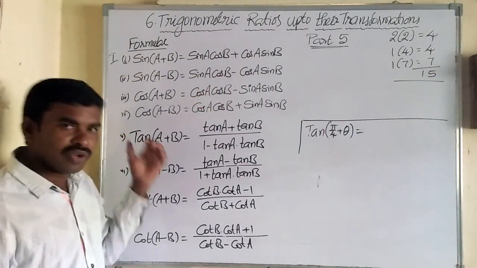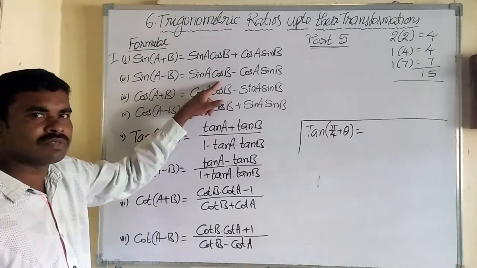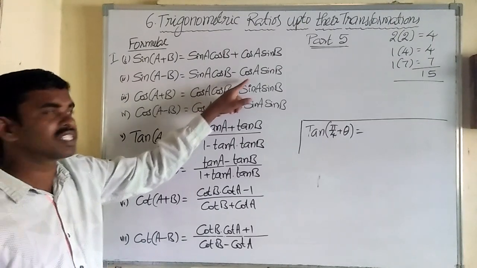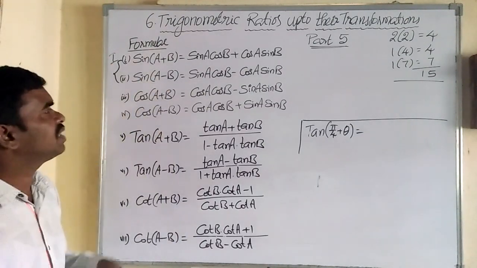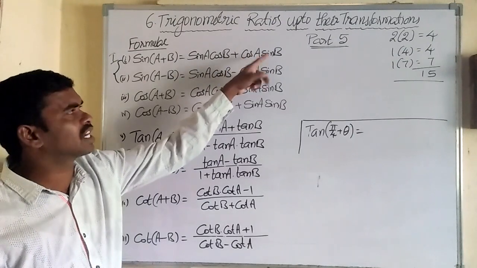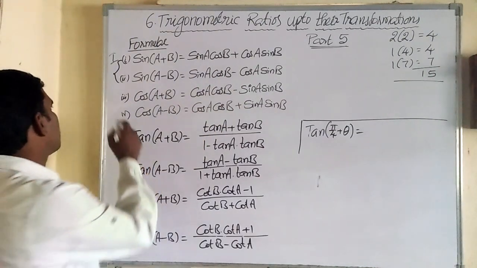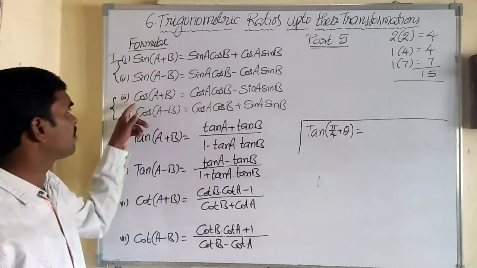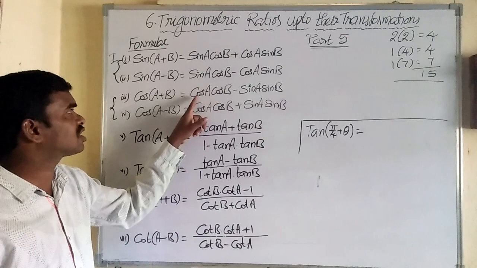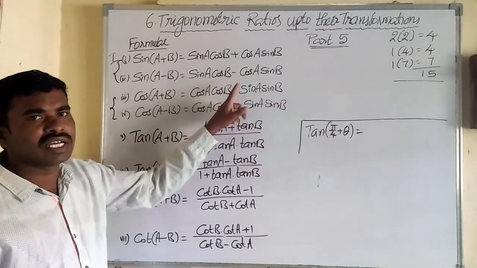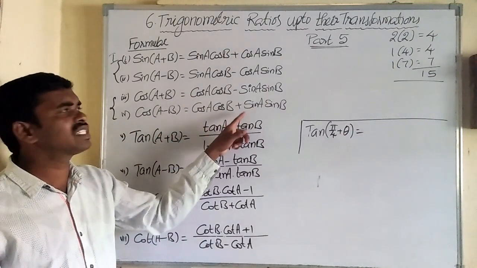Next, you can note down sin of a minus b is equal to sin a cos b minus cos a sin b. For sin of a plus b we get sin a cos b plus cos a sin b, and for minus comes sin a cos b minus cos a sin b. The cos of a plus b formula is a little bit changed. Plus is there, but we get minus, and the terms are first cos a cos b minus sin a sin b, and cos of a minus b is cos a cos b plus sin a sin b.